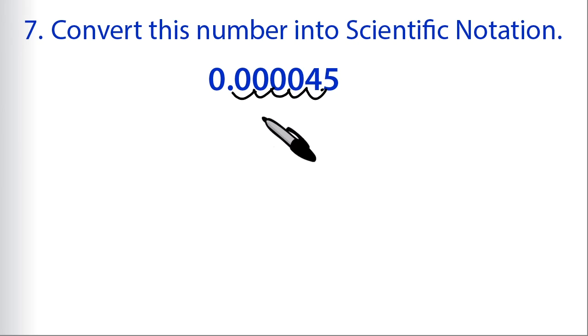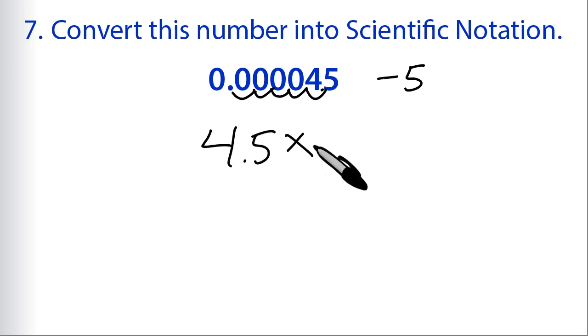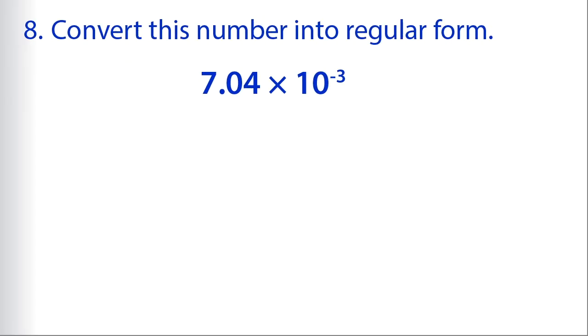And so that means that we're going to get a negative exponent. We moved it 5 places, but it was to the right, so it's going to be a negative 5. All right, so now we have 4.5 times 10 to the negative 5. For problem 8, we're asked to convert this number into regular form, and we're given 7.04 times 10 to the